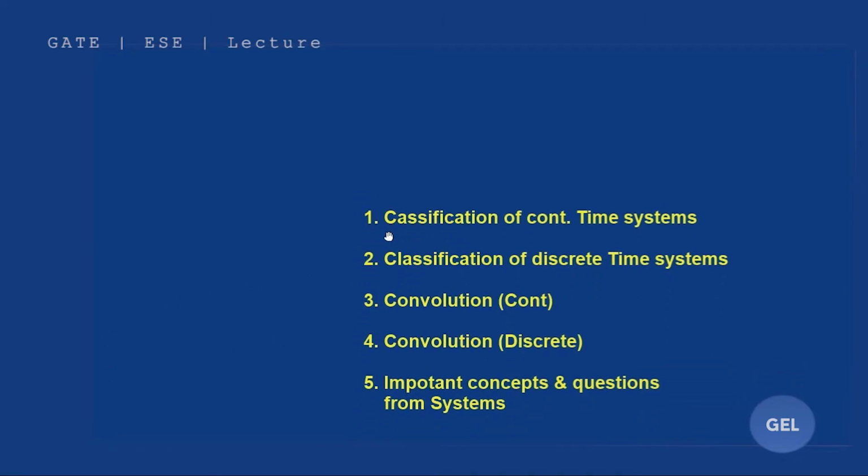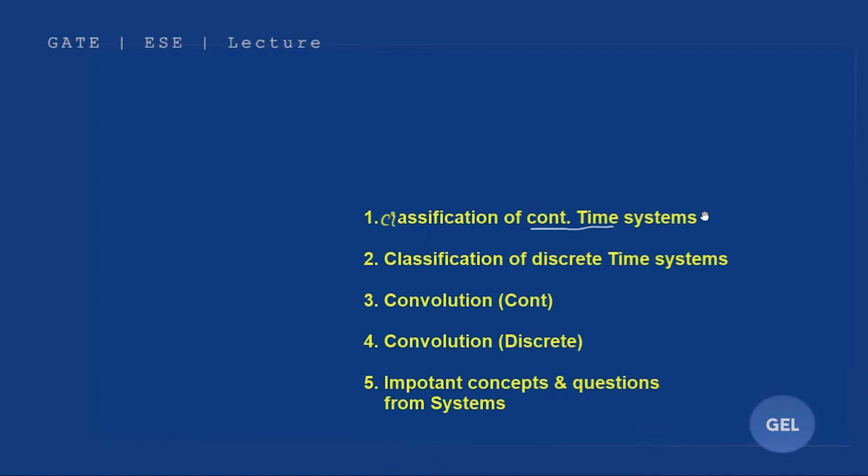Look here, I'll finish classification. The one L is missing here, I'm really sorry for that. This is the classification of continuous time system, the first slot. From this video lecture onwards we'll finish classification of continuous time system, where we'll study time invariant, static, dynamic, linear, non-linear, causal, non-causal, different kinds of systems in the continuous time domain.